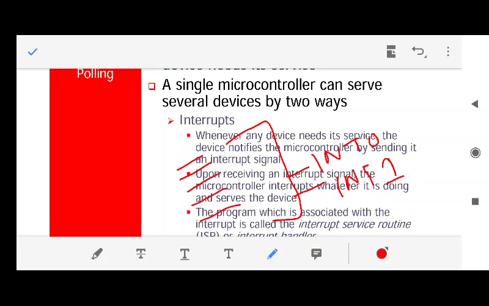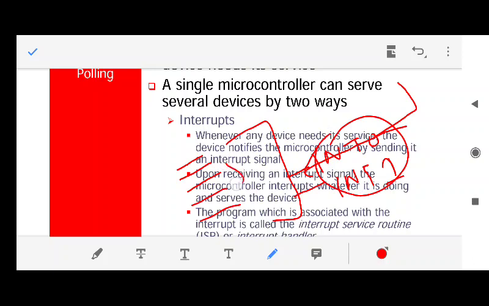Now, if any device wants to take the attention of the 8051, that I want to send some data or I want some service of the 8051, then it should send a signal to either of these pins.